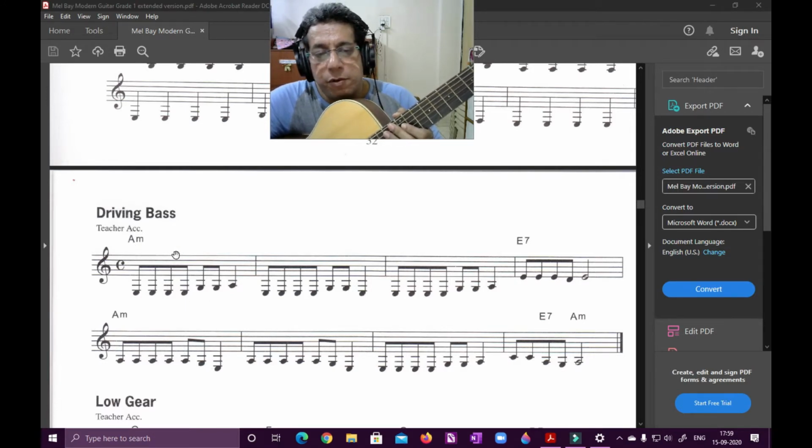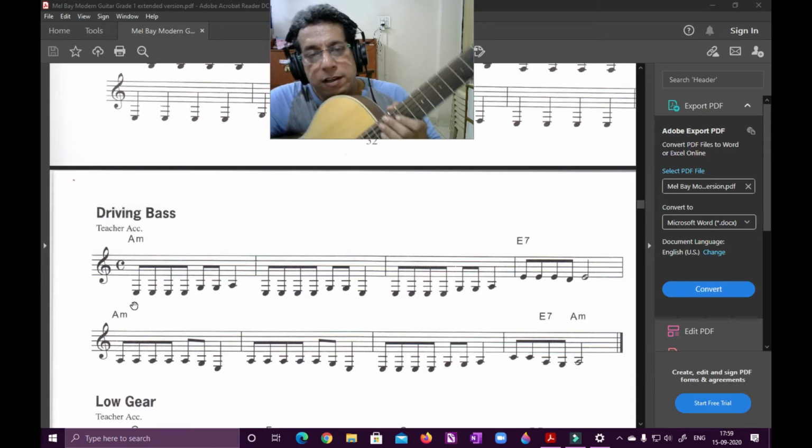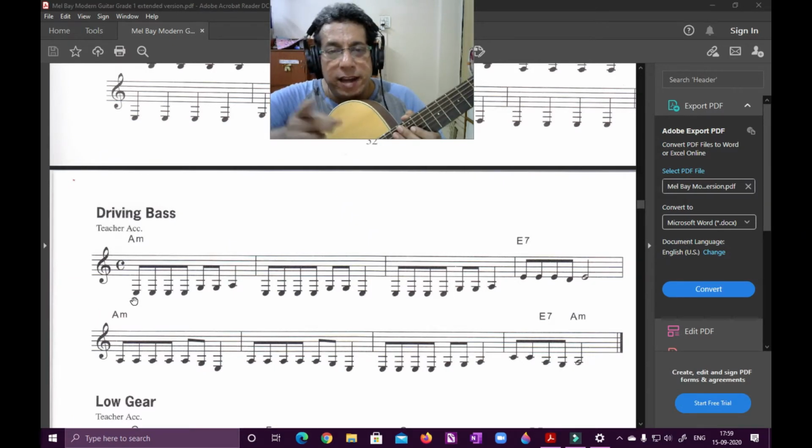Now in this bar from here to here, I have to count 1, 2, 3, 4. The next bar again, I'll count 1, 2, 3, 4, 1, 2, 3, 4. But with the quavers, I'll be counting also "and". I'll be counting 1 and 2 and 3 and 4 and. Okay. So we're dividing that first beat between 1 and. So 1 and the first beat, 2 and 3 and 4 and.